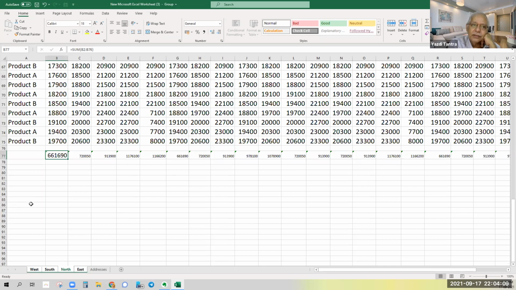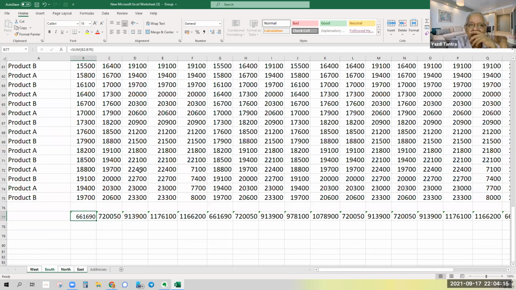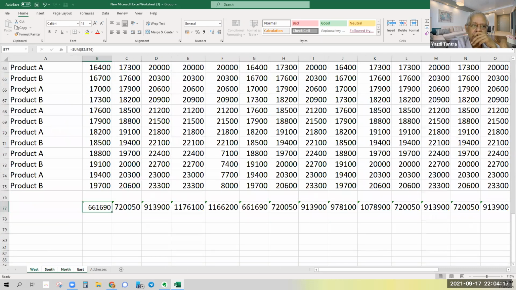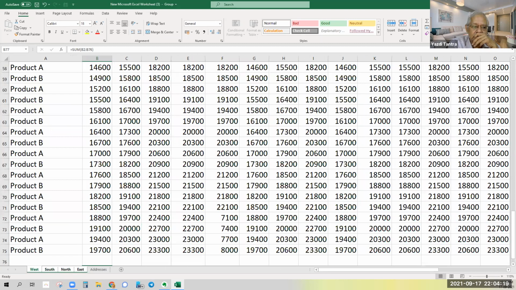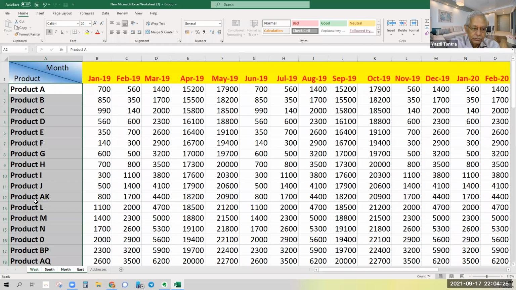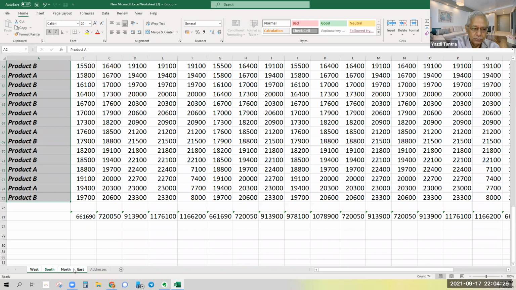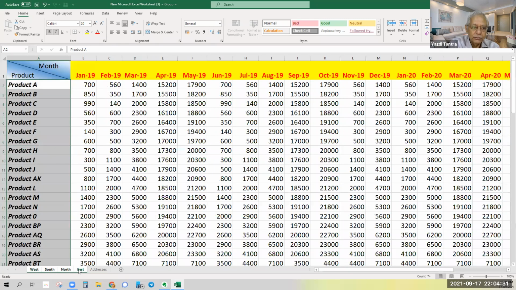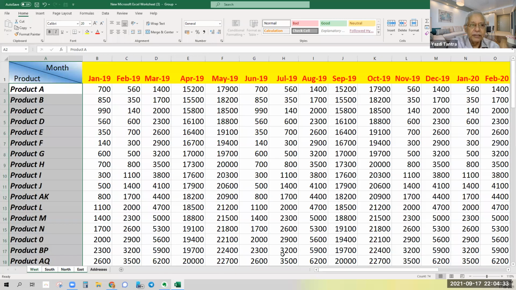You can always paint the format, but can you see how easy it is to format the whole thing in one shot? Suppose you wanted all your product names to come in bold and italics. So Control B, Control I. Now, anywhere I go, all my stuff is formatted.